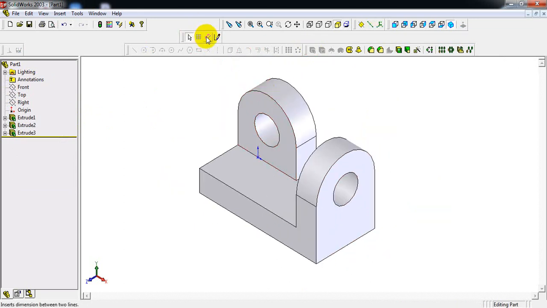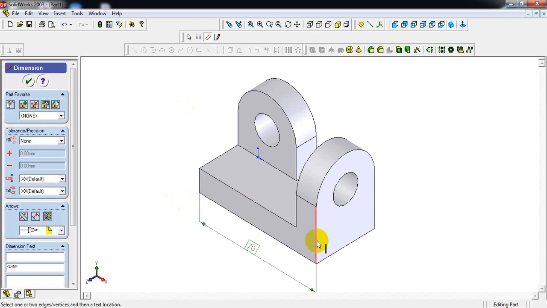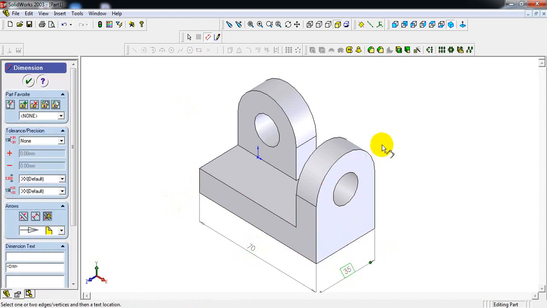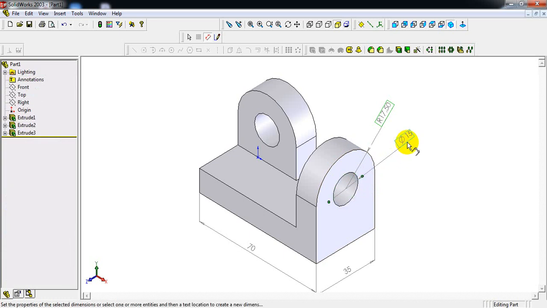Now select dimension from left corner to right corner. Make dimension here from right corner to left corner. Next, here select, just click on this arc and click here. It is 17.5. Click on this circle.